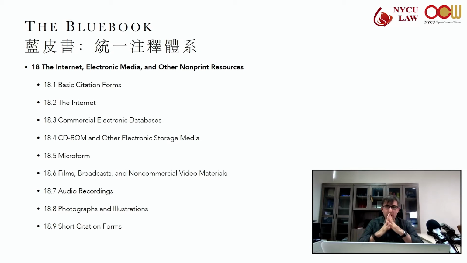Unless there's a digital copy that's authenticated, official, or an exact copy of the printed source. So for internet sources, and this is 18.2, you'll follow these general citation principles. So 18.2.1.